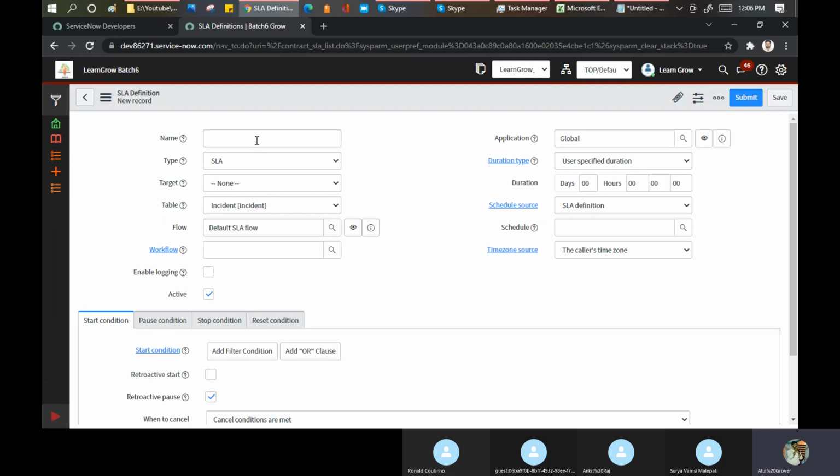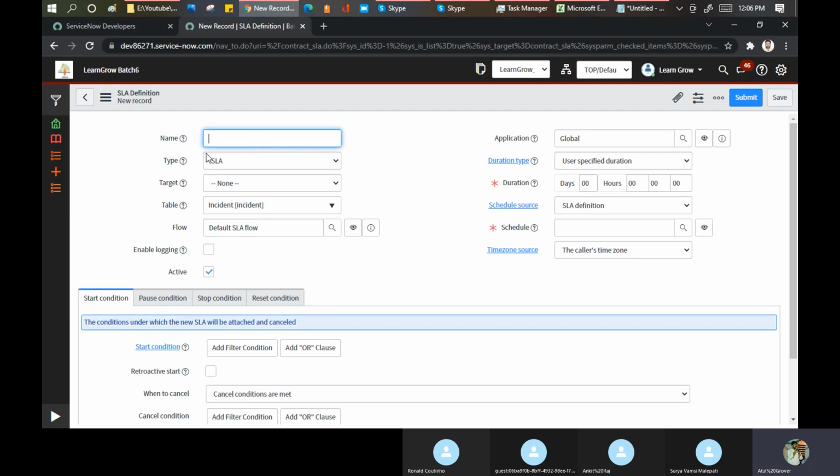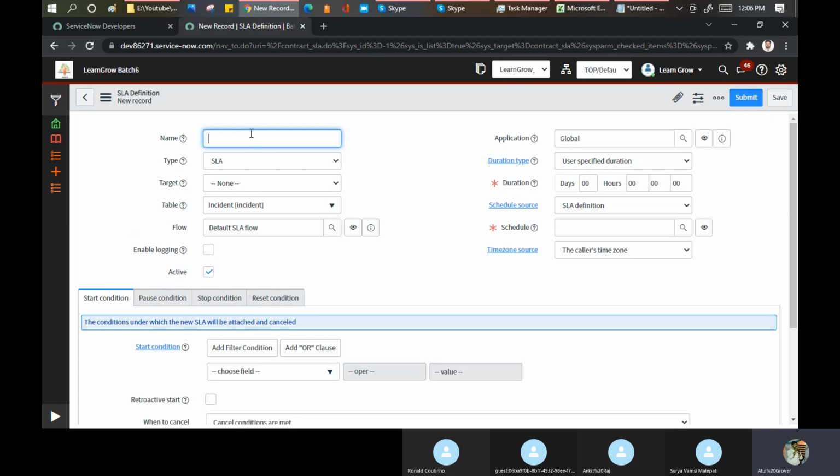Okay. The first important thing in SLA is the name. You should write the name of the SLA in such a manner that by reading it, you are able to know what type of SLA it is.